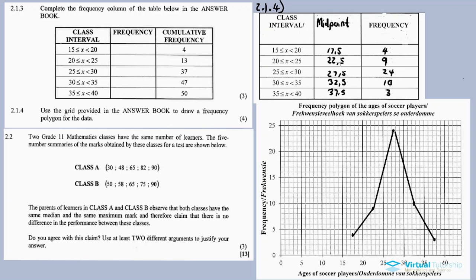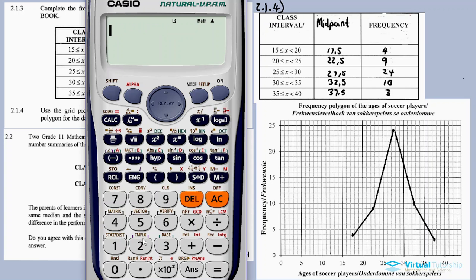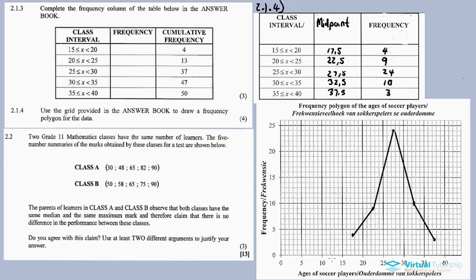the difference between these midpoints is 5. So in order to get the midpoint before 17.5, we do 17.5 minus 5, which gives 12.5. So it means our starting point will be 12.5. So 11, 12.5, it's this